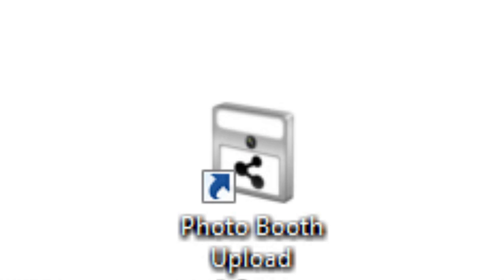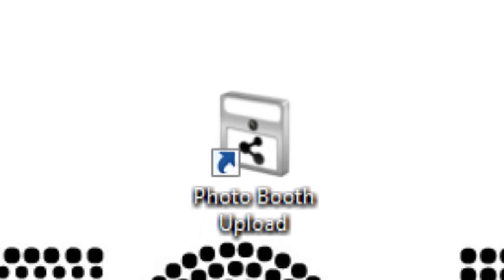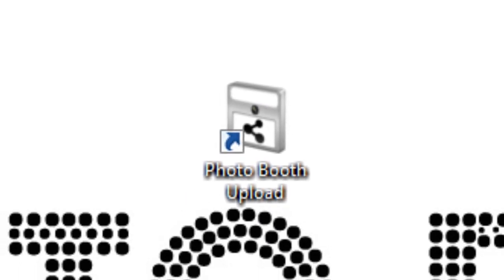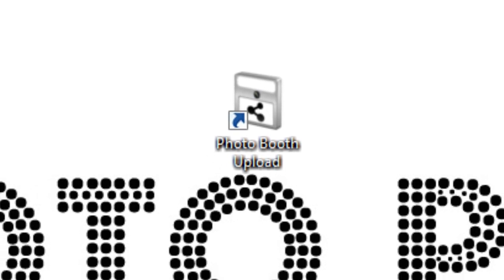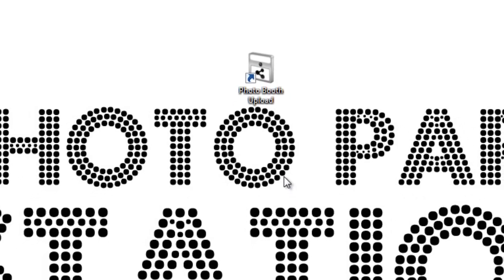Photo Booth Upload is a new approach to photo booth software that reimagines what a photo booth can do and reinvents the user experience by creating an entirely new set of features and capabilities that are not yet available in